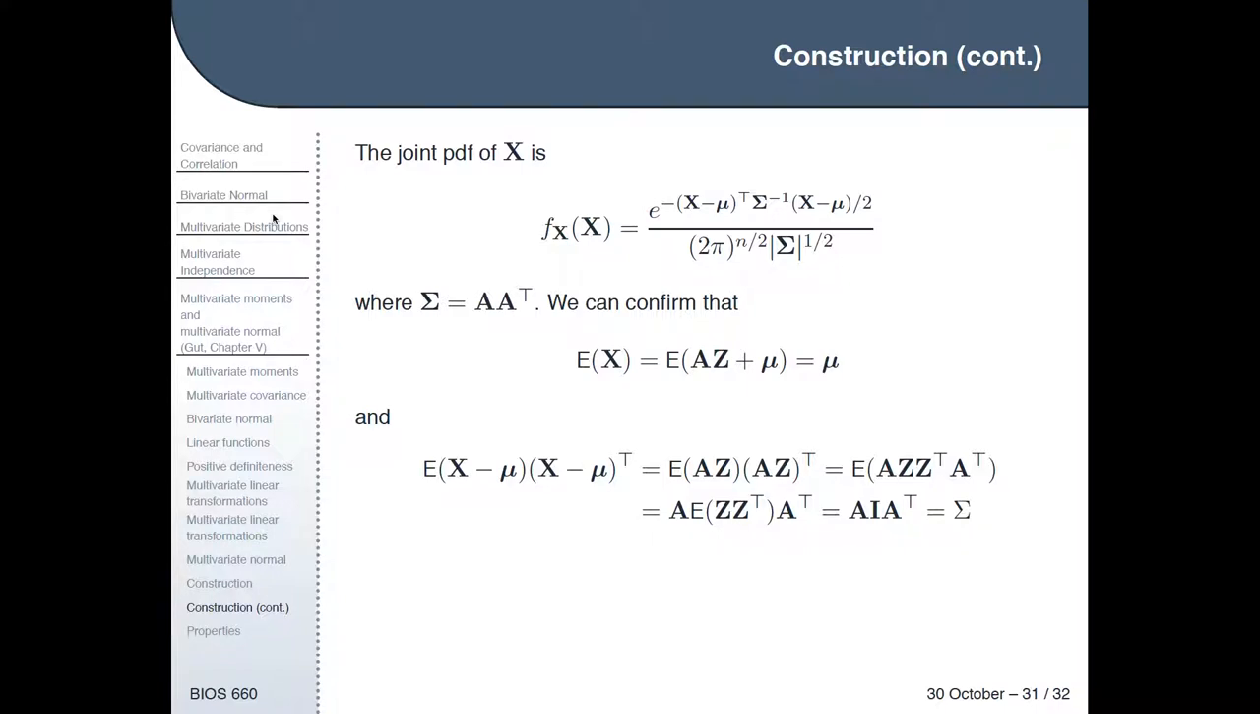We end up with A times the expected value of Z times Z transpose, times A transpose. Well, Z was defined to be multivariate normal with mean 0 and all variances 1. The expected value of Z times Z transpose is just the variance-covariance matrix of Z, which is of course the identity. So we end up with A times A transpose, which is just the definition of the variance-covariance matrix for